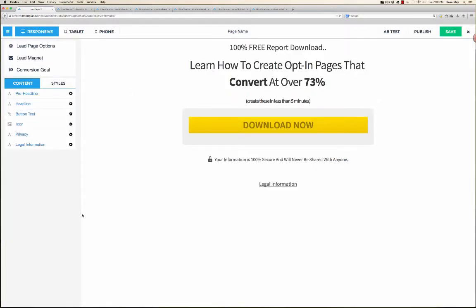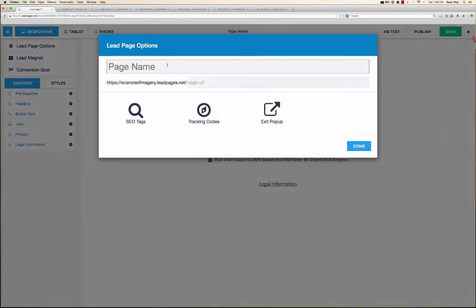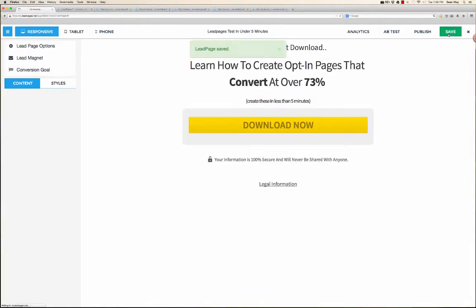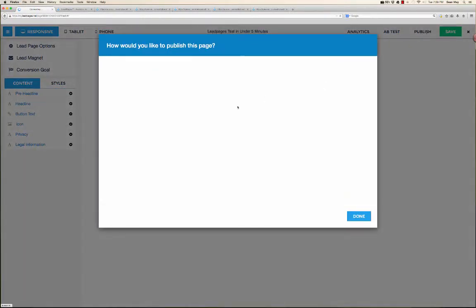And then I am going to give this a name. So LeadPages test in under 5 minutes. Done, save. And publish. So now you can see anyone can now go to that page and opt in, and if they opt into it,